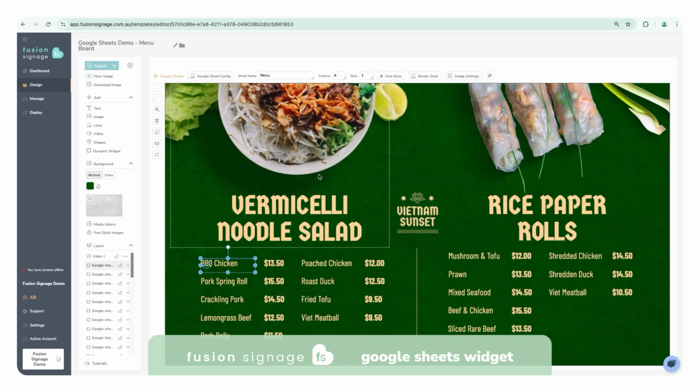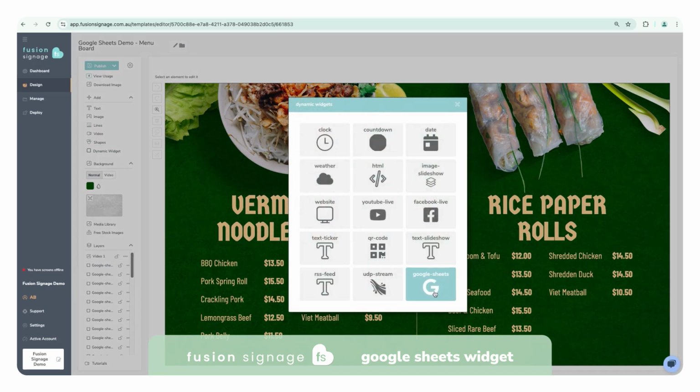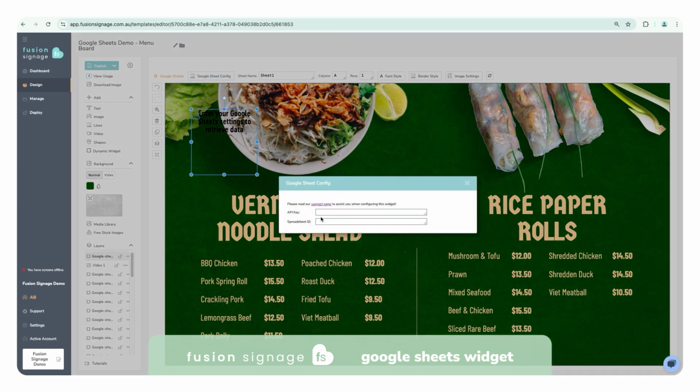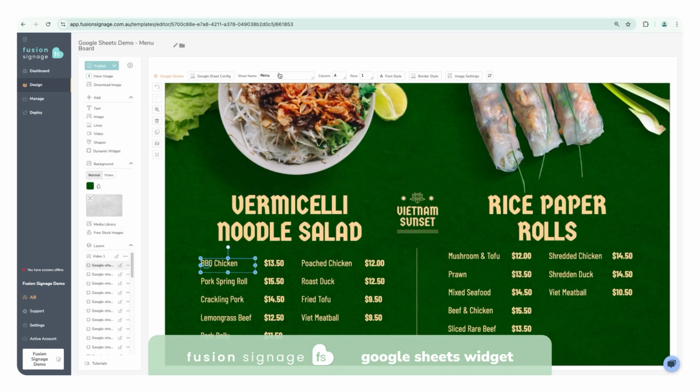Once you have your API key as well as your spreadsheet ID from your Google Sheets page, you're going to head to a design, click Dynamic Widgets and Google Sheets, and from here click the Google Sheet config button, paste in your API key and your spreadsheet ID, and that will link to your Google Sheet document and pull the data across. From here you have to ensure the sheet name matches the name on your Google Sheet document,